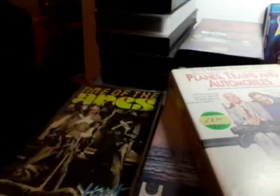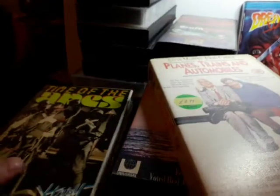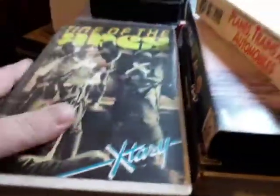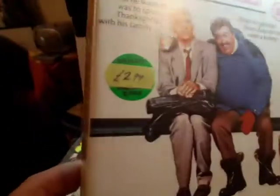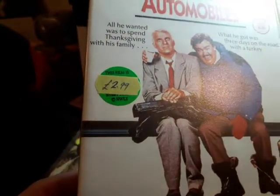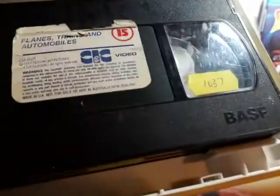I reckon my kids would like that. And things like this are just confusing, and it's kind of nice to keep some of these things for documenting history, I guess, in some strange way. And this one again, I think this was a pre-rental film, and then they've sold it for $2.99. So if you look inside, you've got the catalogue number, and on here,